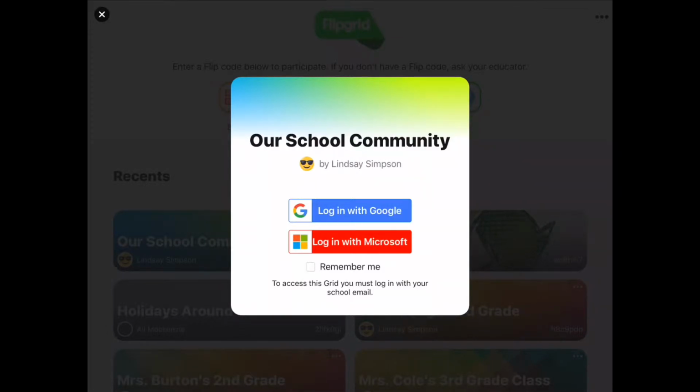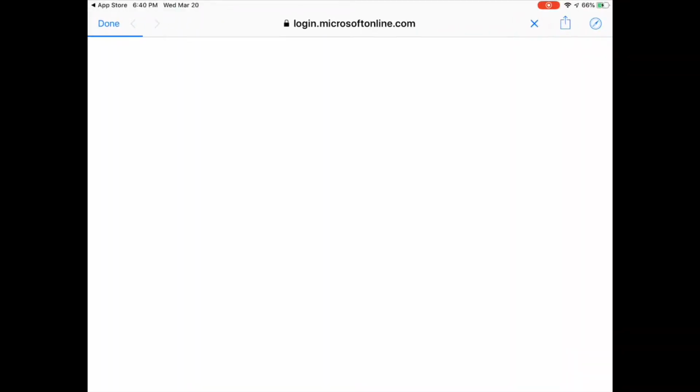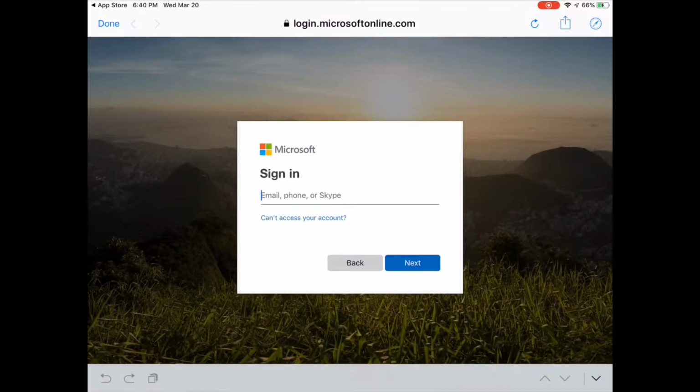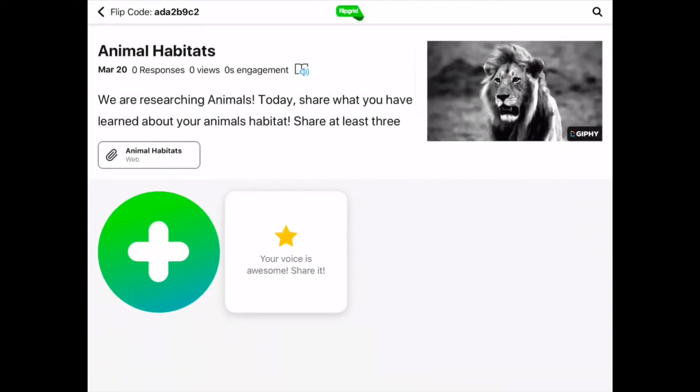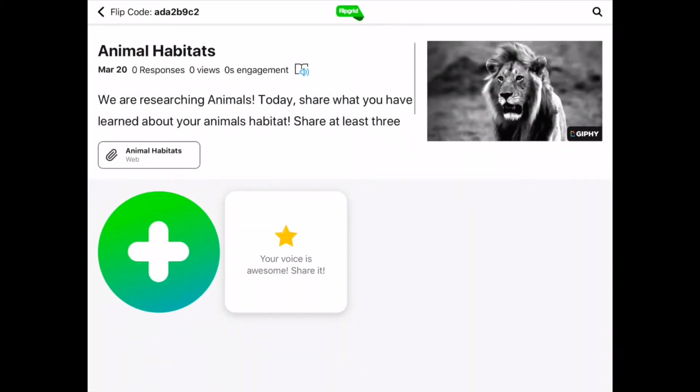So when you put in the code, it's going to ask you to enter the grid somehow, and it all depended on what your grid type was. We are a Microsoft school, and so I'm going to use the Microsoft login. Okay, so once you've logged in, and I edited out my credentials for obvious reasons,